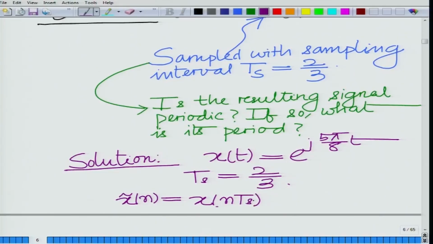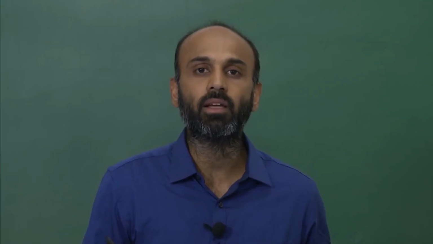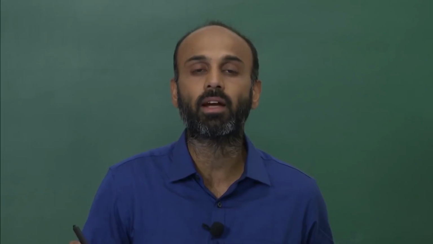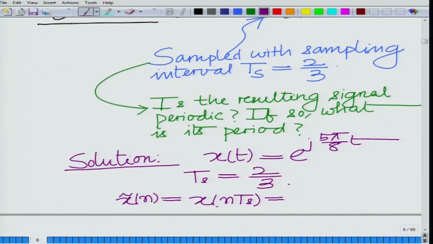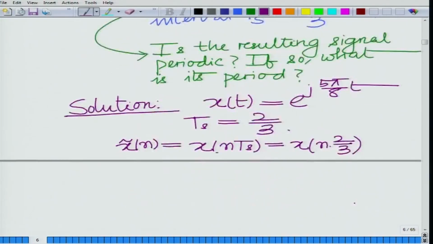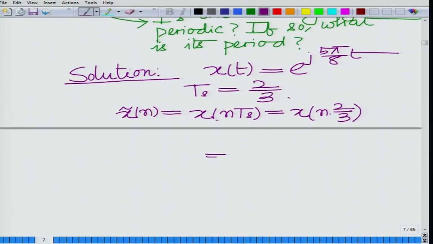So, x tilde n, the nth sample of the discrete time signal, is at n times Ts, where Ts is the sampling interval, given as 2 by 3. So, this is x of n times 2 by 3,